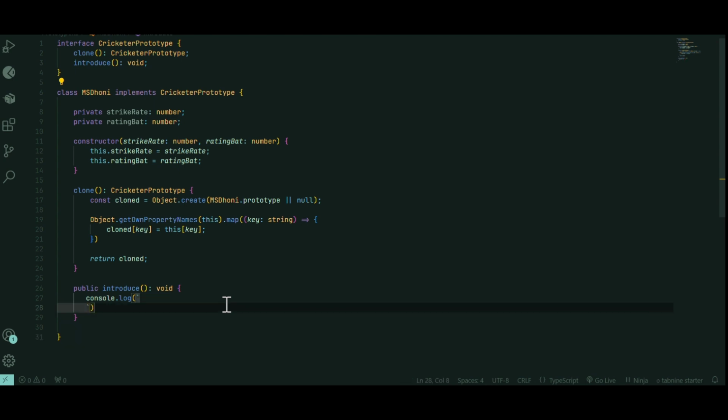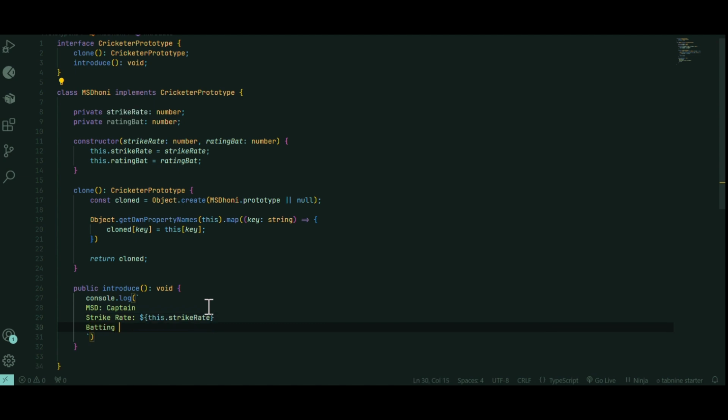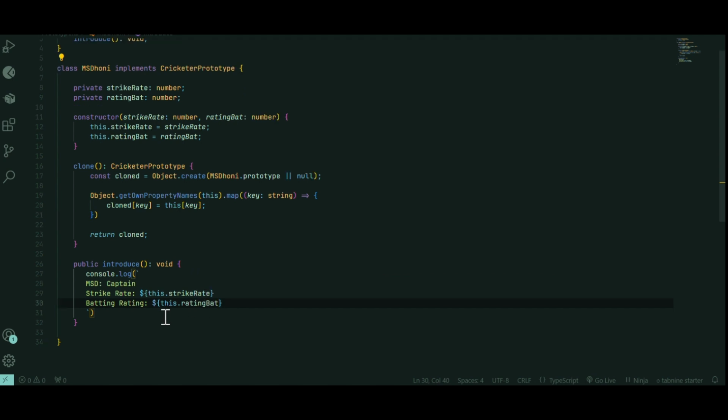Console.log mst captain. Very simple. What we can do is say this strike rate, and this dot rating. Okay, fair enough. And now,